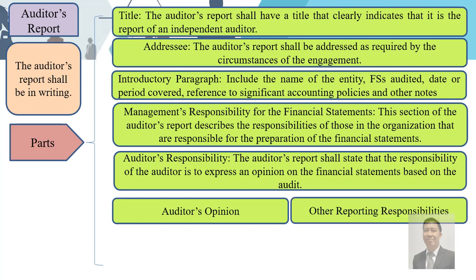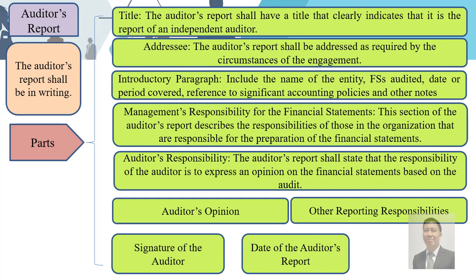In some jurisdictions, there will be reporting responsibilities or requirements that the auditor is required to include in their auditor's report. Of course, we need to know who signed the audit report. Commonly, it will be signed by the audit firm and there will be a signature of the engagement partner. In some jurisdictions, it's not like that. It can be only the auditor or the audit firm. The date of the auditor's report is important because that is actually the end of your work as an auditor, so it needs to be declared in the auditor's report. And of course, the auditor's address.